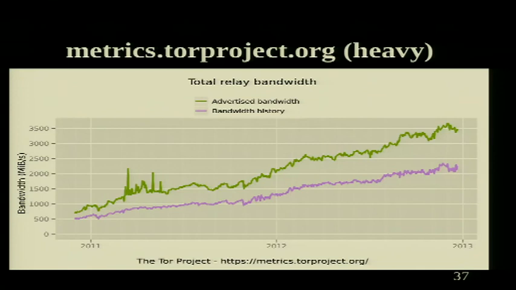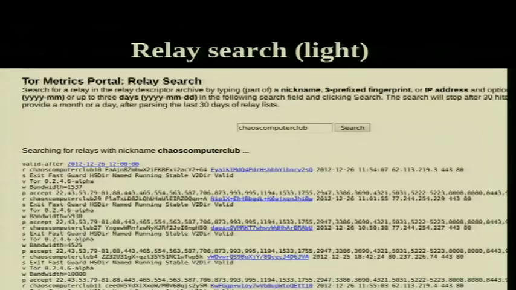Surprising, right? So metrics.torproject.org has a whole lot of graphs of historic network data and performance and so on. So this is a graph. The green is the capacity of the Tor network over the past couple of years. So you can see that it starts down at the 750 megabytes per second on average, and then it goes up to 3,500 megabytes per second. So we've grown 6-ish fold in the past couple of years, which is great because the number of users has also grown and the performance of the network has gotten quite a bit better.